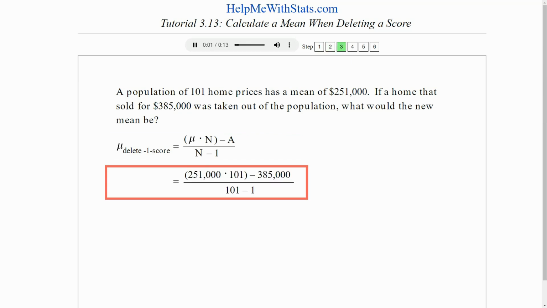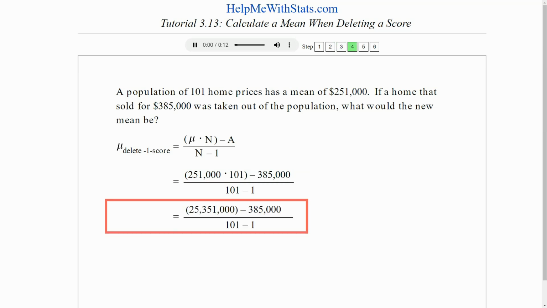Let's substitute the values from our problem. Our mean is 251,000 and we have 101 scores. We are deleting a score of 385,000. Let's simplify the old sum by multiplying the old mean of 251,000 by n, which has a value of 101. The result is